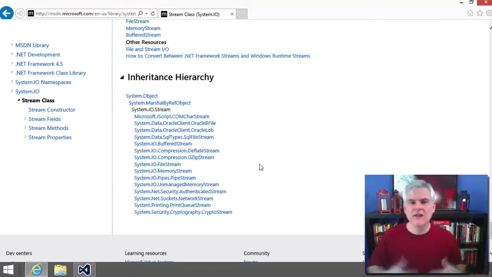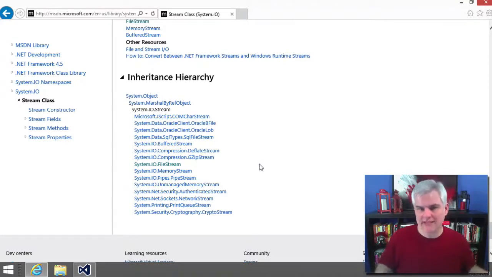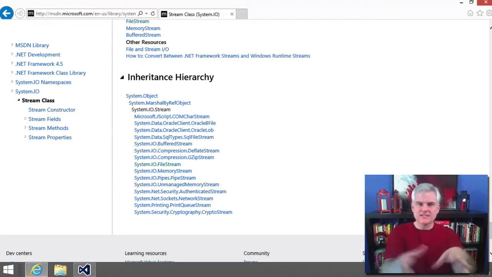In other words, they all work with streams of bytes, even though how they work with those bytes might be dramatically different. Some will work with streams of bytes in database data like Oracle or SQL Server. Some will work with zipped files, so bytes that are stored in zip files. Some with bytes that are streamed over the internet, and much more. You can see just the names that they kind of lead you to understand what those particular classes are used for. So what I understand when I look at all this is that